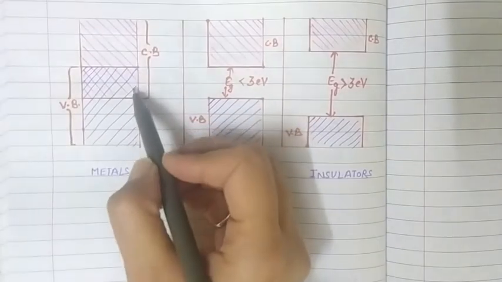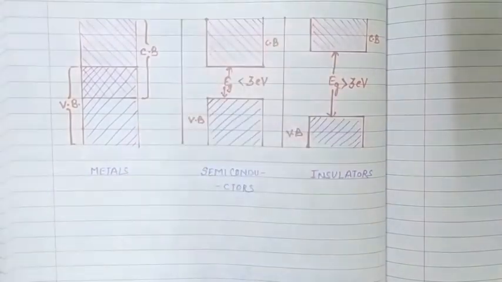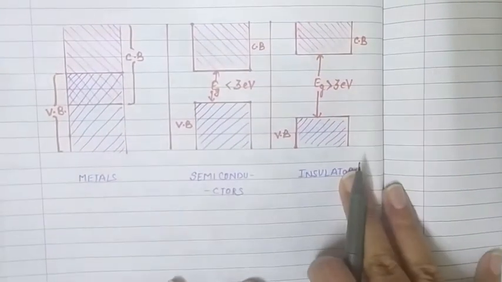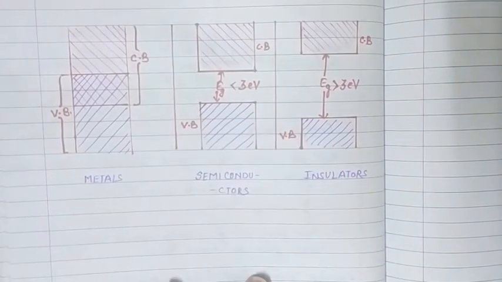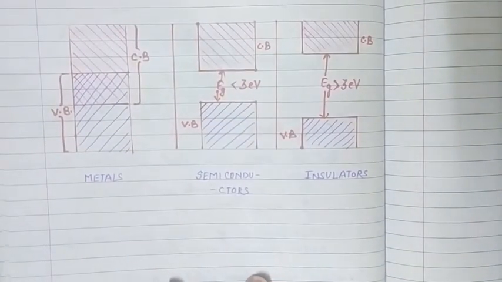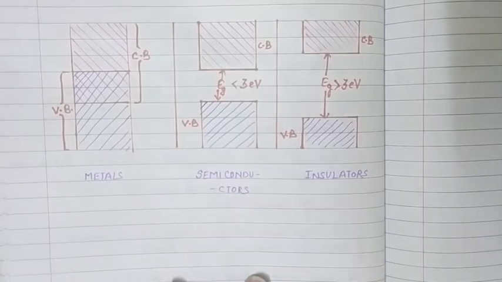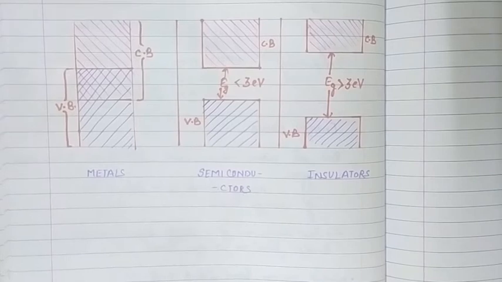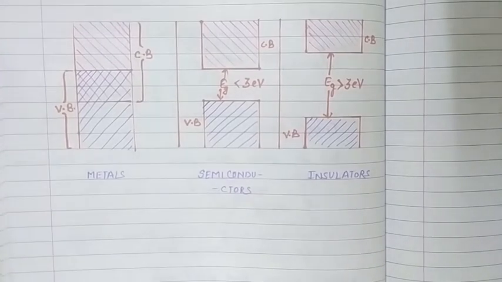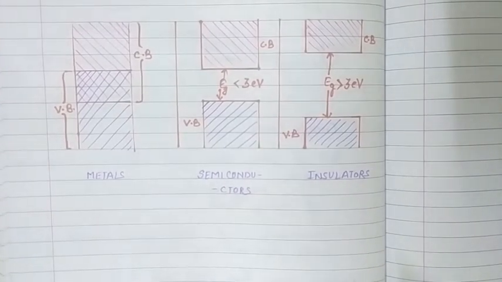Since there is overlapping between valence band and conduction band, the electrons of valence band don't need extra energy to jump to the conduction band and start conducting, and they easily participate in conduction. That's why metals show high conductivity. However, in case of insulators,